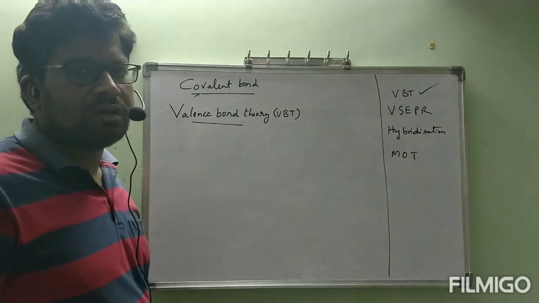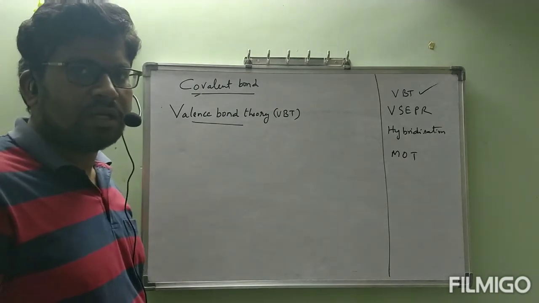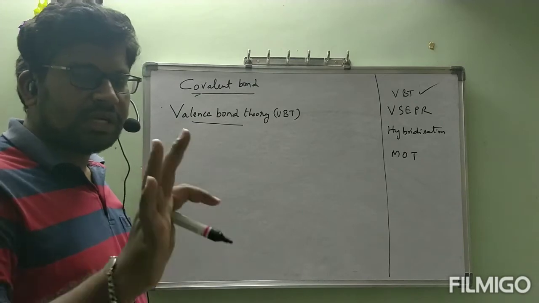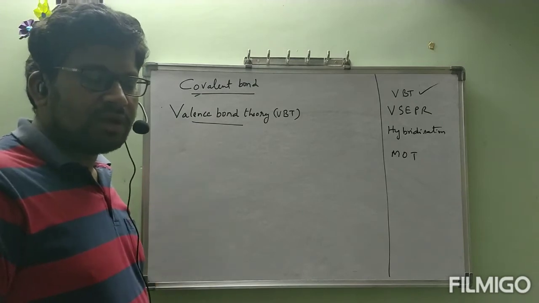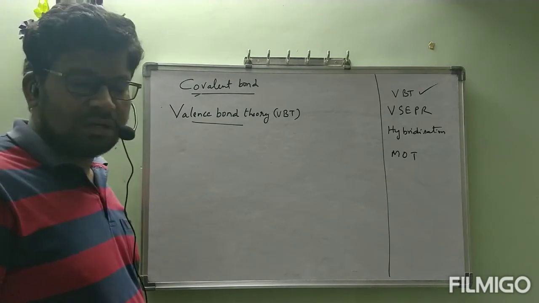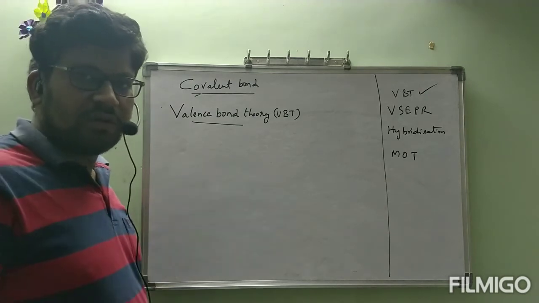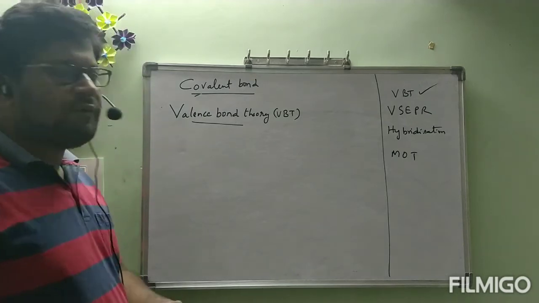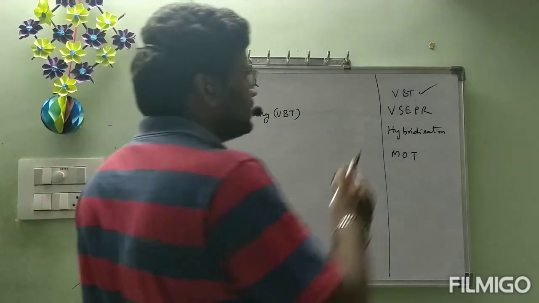After that we will go through the third type of bond, that is coordinate covalent bond or dative bond. Total 3 types of bonds we have. First one we have completed, ionic bond. Now in covalent bonds, different theories tried to explain the covalent bond. In that, the first theory is valence bond theory. Okay, let us see that one.